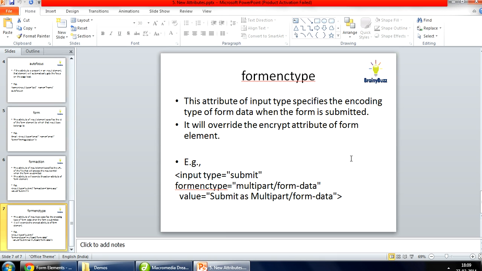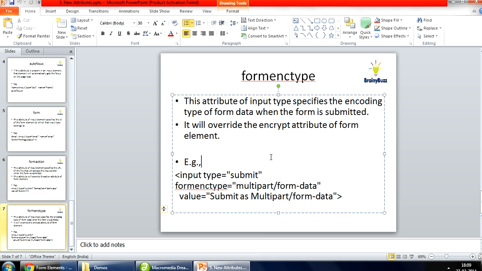Another thing, you have the formenctype. Basically, whenever you have two buttons in your form, for one button it will take the default or predefined encryption type of the form, but sometimes with another button you want some other encryption to be executed.